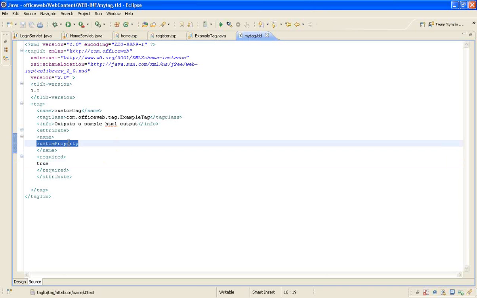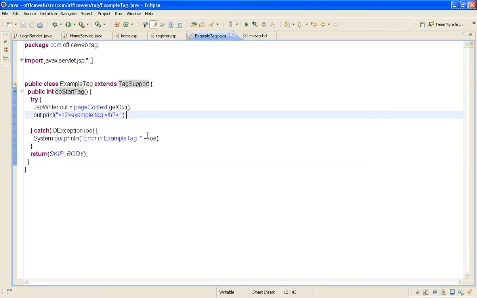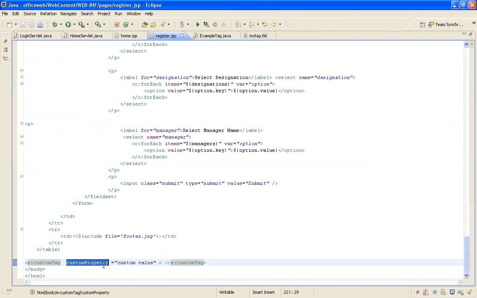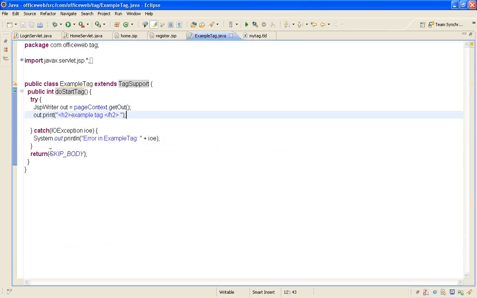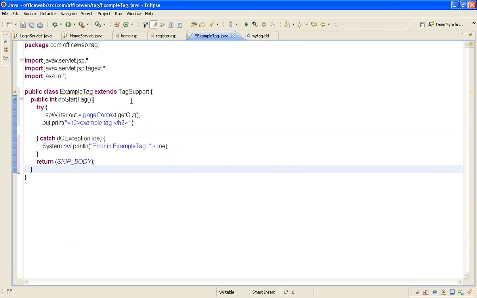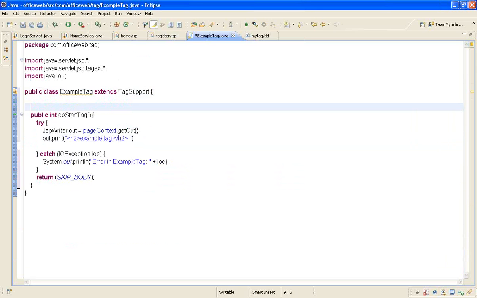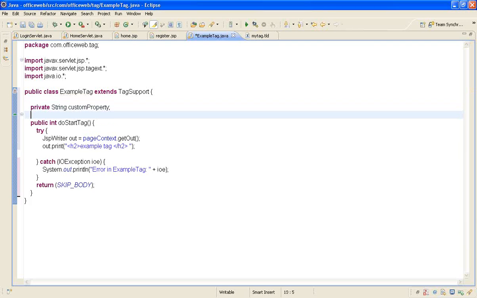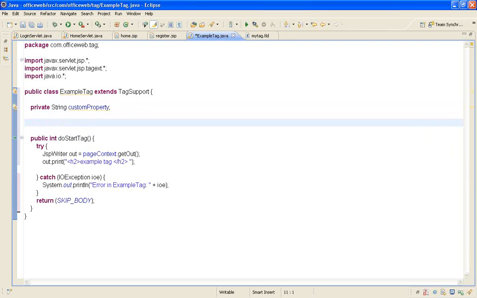So what I'm saying is I need a custom property, and I'm saying that this is a mandatory property. So sorry, in the JSP, the property name should match. Yes. And in the handler that I'm doing, okay, what I need to do is private string custom property, and then do